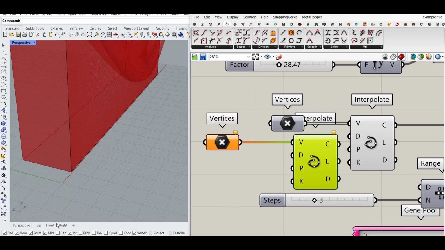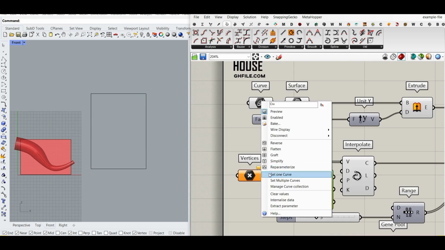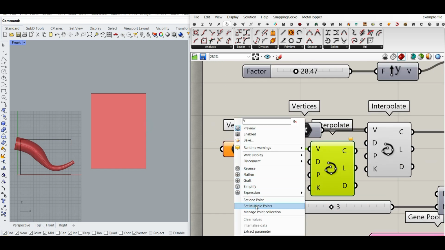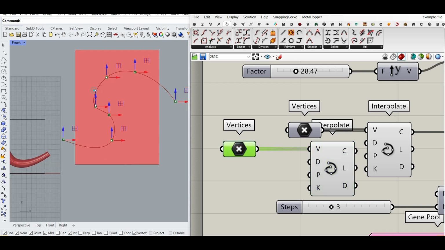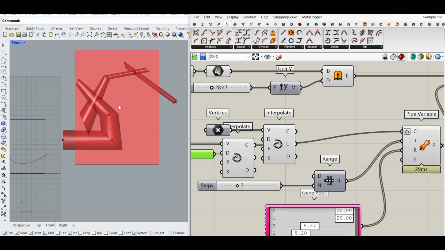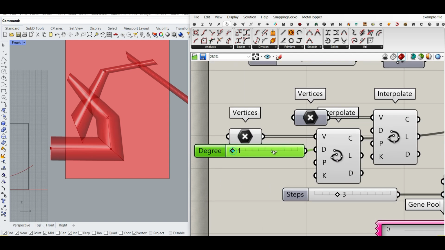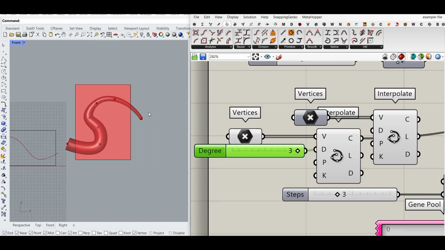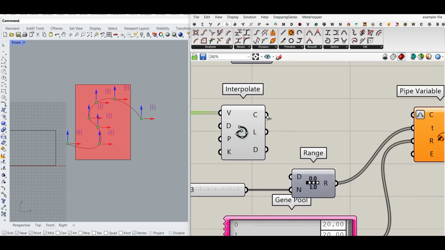And because I've made this rectangle completely in the front viewport, for example, if I create this rectangle here and set it here, and create these points also in the front viewport, I can create this parametric curve easily. Okay. Another thing you can do here is to define the degrees. So we have 1 and 3. 1 is a polyline. It's also going to work because it's going to create this kind of intersecting parts, but it's also useful if you want to create that polyline. But if I put it to 3, it's going to be a complete NURBS pipe. So remember that you can do that. I'm going to delete this and give these series of points to the vertices and give that to the curve